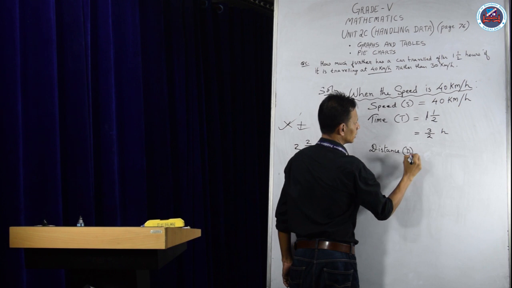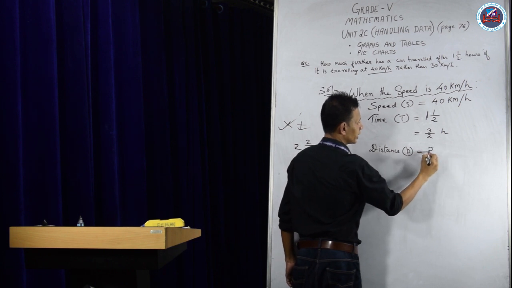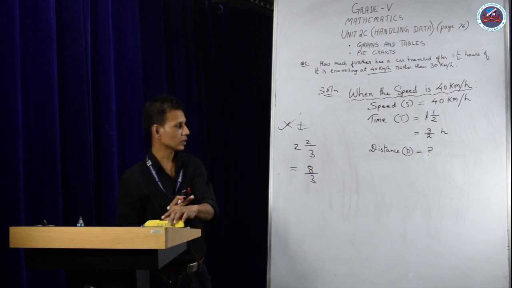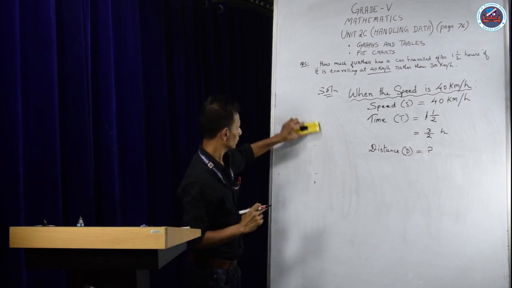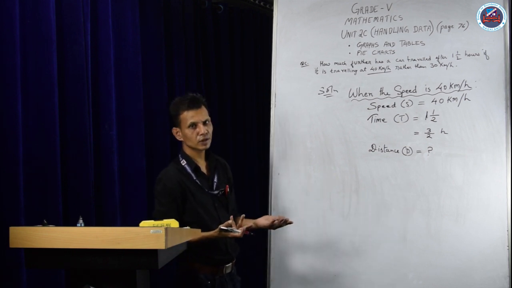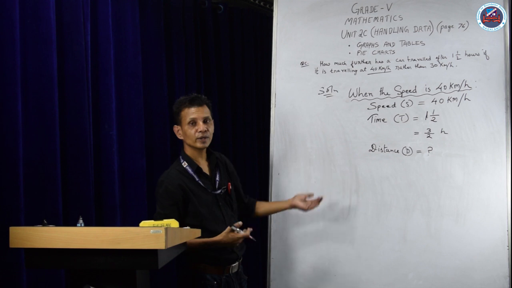Short form d, which we don't know. We're searching for distance, right? Just give a question mark. Okay. Now, we have done question number 1, right? In a similar way, we know that